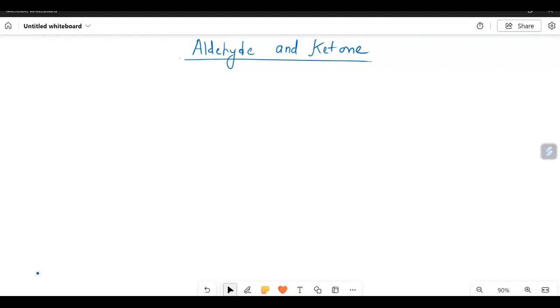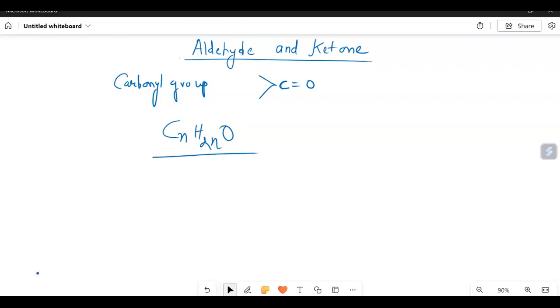So what do you understand by aldehyde and ketone? These basically belong to the carbonyl group. You can write down with me: carbonyl group. What do you understand by carbonyl group here? Carbonyl group is one in which there is a C double bond O present. And the general formula of these compounds, aldehyde and ketone, I am talking about. The carbonyl compounds have CnH2nO. For example, if I am talking about the aldehyde here,